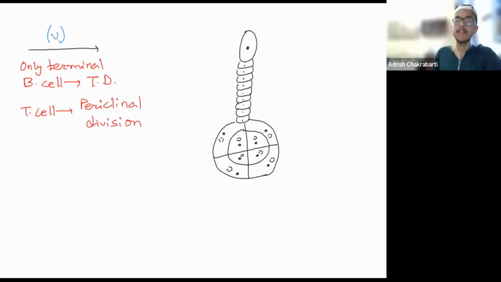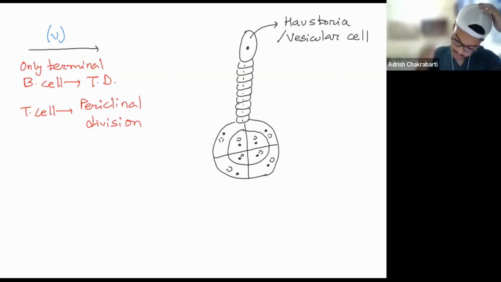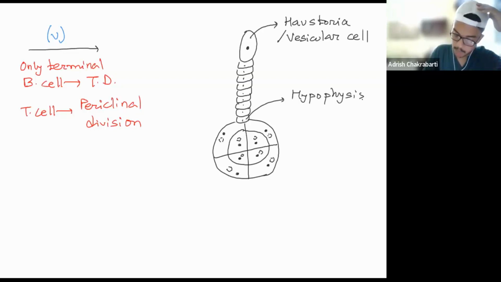This is the unit. And in the terminal octant, we observe periclinal division, leading to the formation of this structure. Now it's time for naming each of them. Postoria or vesicular cell. Okay, this cell is known as hypophysis. Okay, hypophysis is the joining link between